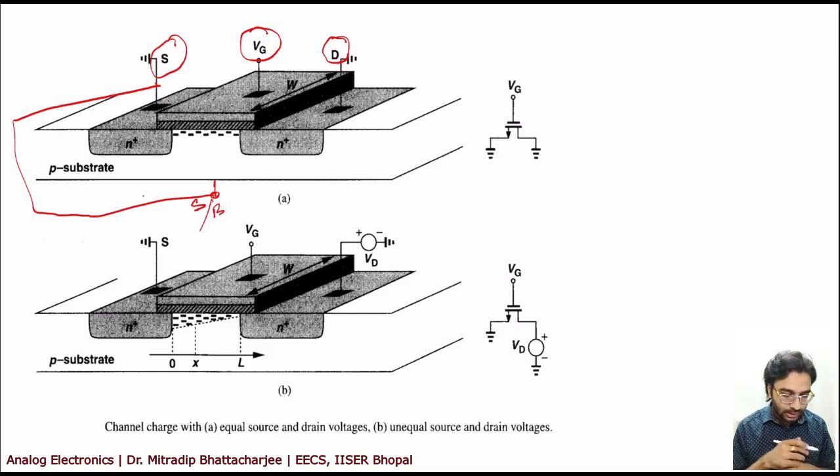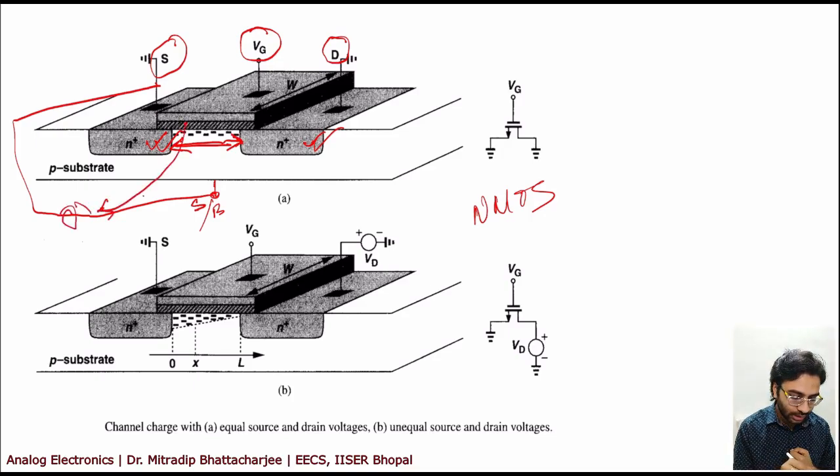Okay, so it has a channel. For example, this is an NMOS. You have source and drain, highly doped N plus, and you have a P substrate. So it forms a channel between source and drain. Then you have an oxide. This layer is oxide. And then you have a metal or polysilicon that people use. This is the gate electrode.